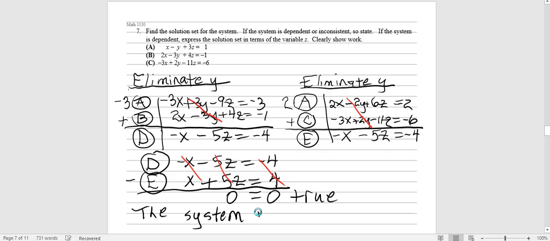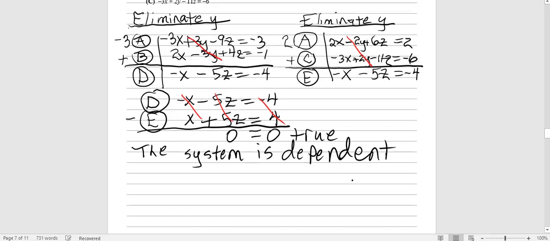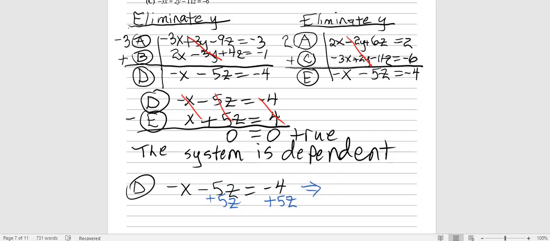Now notice that this is a type of system where I can write the solutions in terms of z. And I'm going to go to equation D to do that. All I need to do is solve this for x. So I'm going to add 5z to both sides of the equation. Starting with equation D, so I wind up with negative x equals 5z,